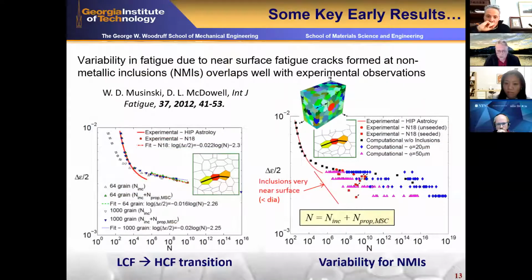We also found some interesting results in some early work on non-metallic inclusions in nickel-based superalloys. Of course, in powder metallurgy and in casting of ingots of nickel-based superalloys, you have non-metallic particles, and you're interested in knowing how these non-metallic inclusions affect the fatigue resistance, particularly the transition and high cycle fatigue resistance. In some early work of Bill Muszynski, who's now at AFRL, published in International Journal of Fatigue,